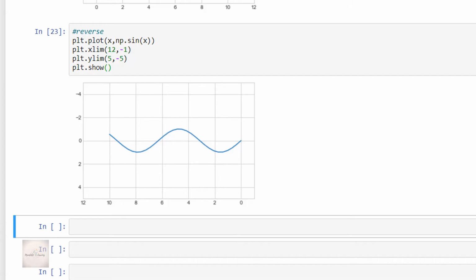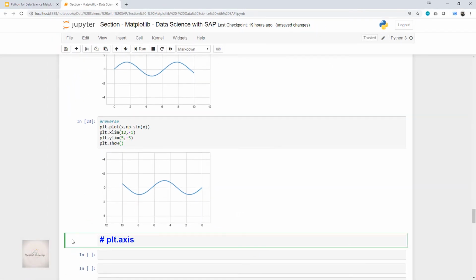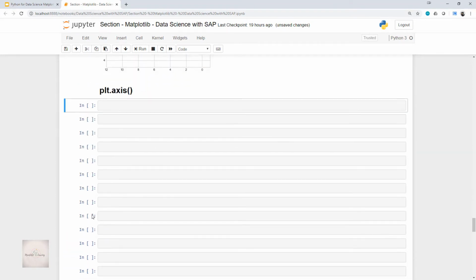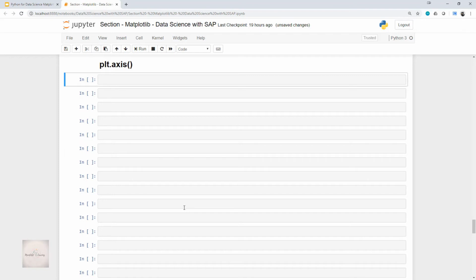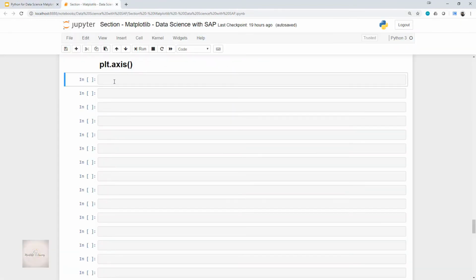Now, to set this axis limit, we have got another method, that is the plt.axis method. Yes, this is axis with an I, not the axis with E. I hope you got the difference in the previous slide itself. This axis constitutes the X axis and Y axis. The plt.axis method allows us to set the x and y limits with a single call. Yes, it is done with a single call.